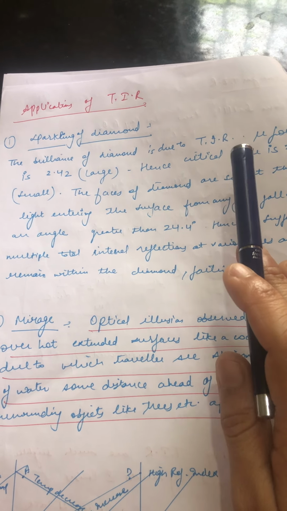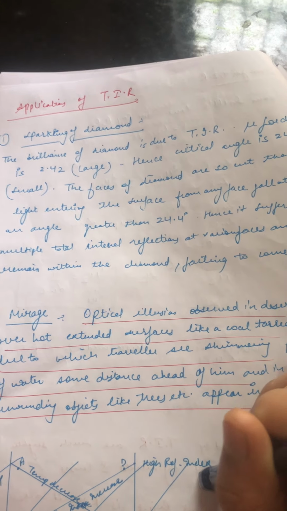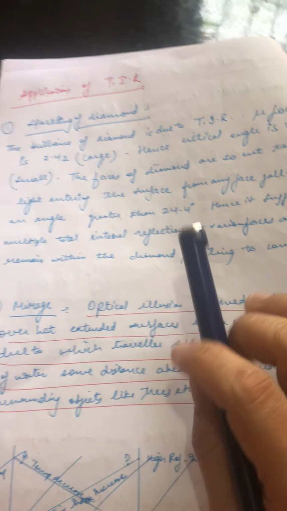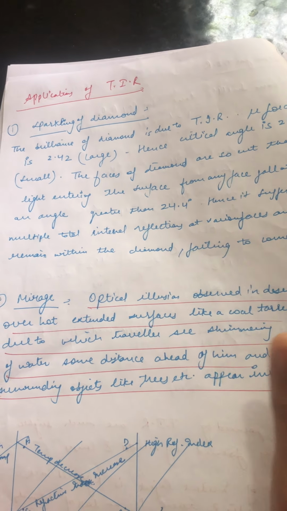Next we talk about the applications of total internal reflection, in which the first application is sparkling. Any application can be asked in the paper; all the applications are very important. Sparkling of diamond. They said that the shape of the diamond, or different faces of the diamond, are cut in such